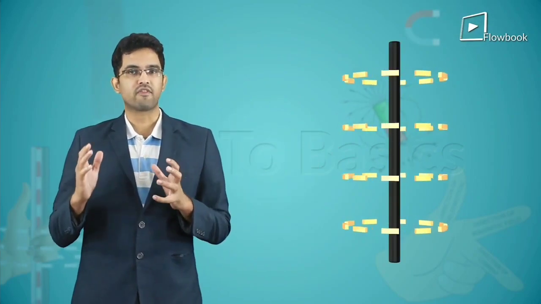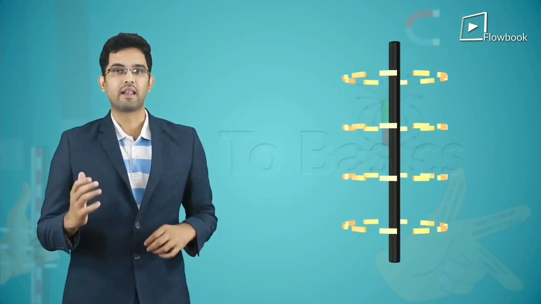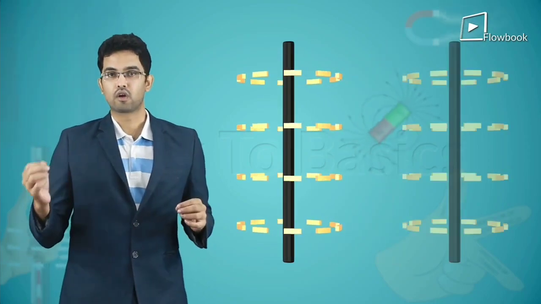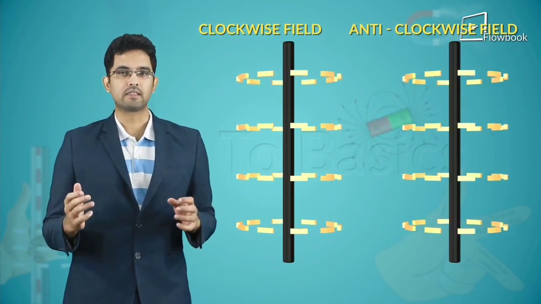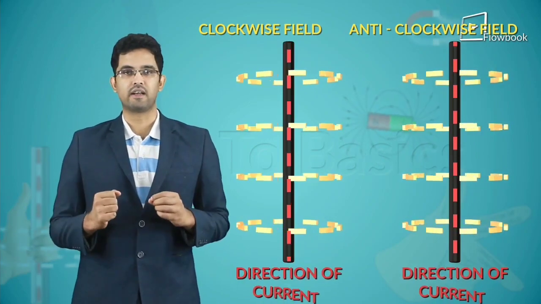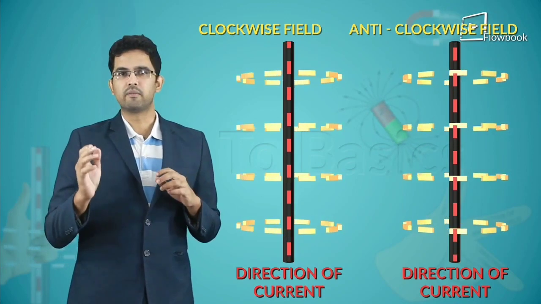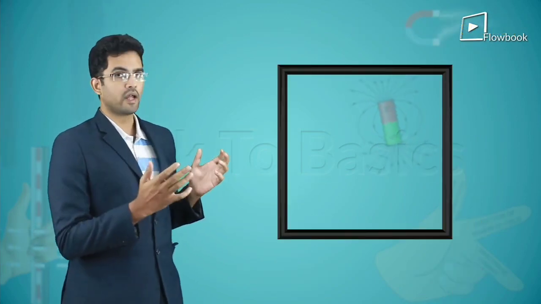When a current passes through a straight wire, we know that the magnetic field lines are circular in shape and that the direction of these field lines, that is whether they are clockwise or anti-clockwise, depends on the direction of the current. Now, if we were to twist this wire a little bit, say in the shape of a square,